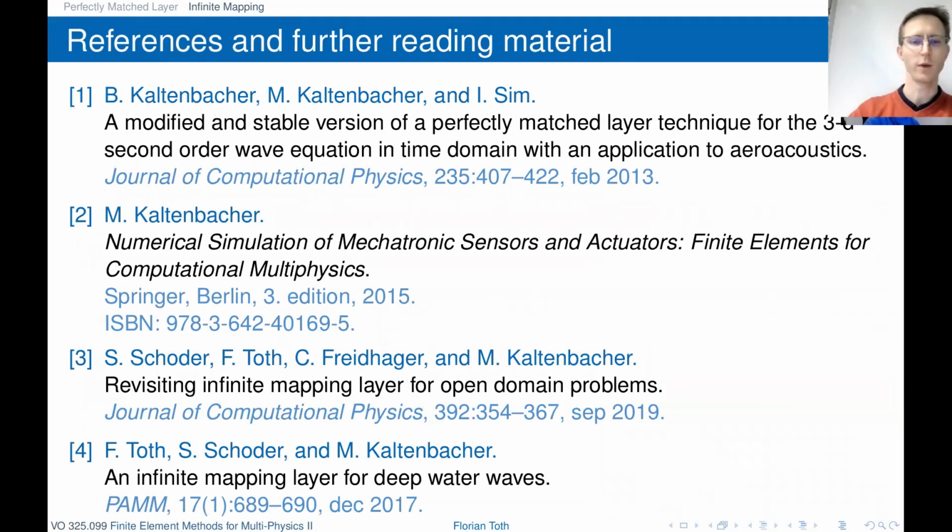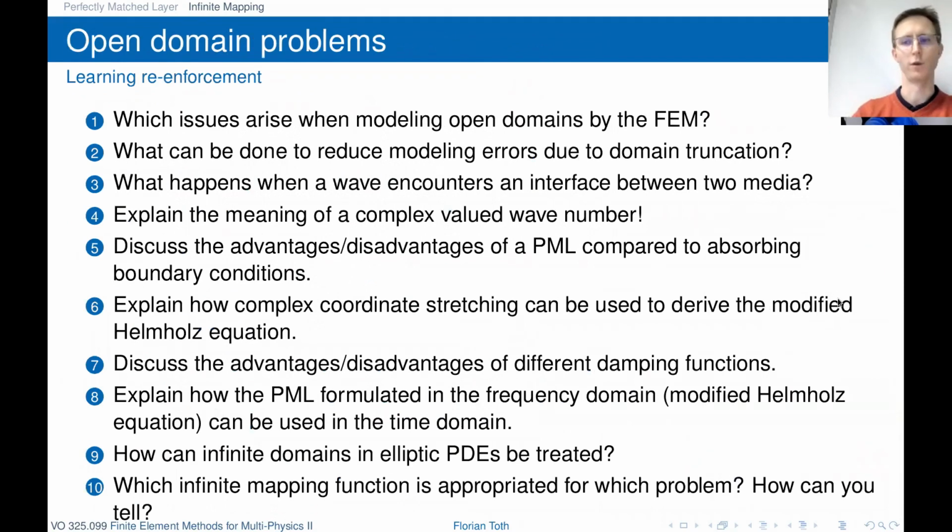Yeah, this already brings me to the references here. I've put them here so you can look up the details of the things I presented. And we have a few questions for learning reinforcement. You can prepare your answers to the